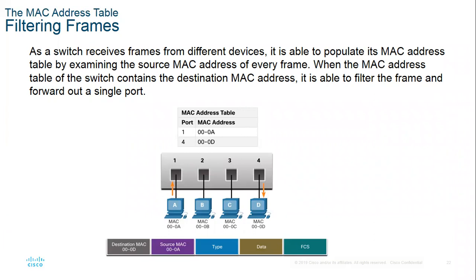Let's suppose A moved to port 2, so it has to update the switching table with 000A connected to physical port number 2. To decide to which destination port it should forward the Ethernet frame, it looks at the destination MAC address. The destination MAC address is 000D. It looks up the switching table and finds the entry related to this MAC address, which is connected to physical port